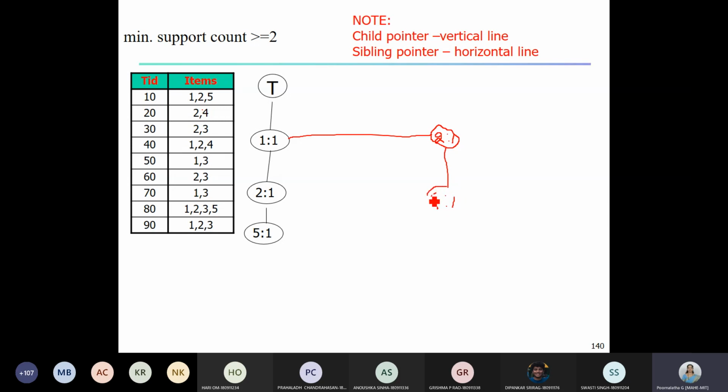So I'm creating a new node 4 with the count as 1. This is the child pointer. So please write down. I'm showing you, I'm also writing here so that you know how to construct the tree. Any doubts, anyone here? So now we are able to insert 2 transactions into our PCT, that is our pattern count tree.